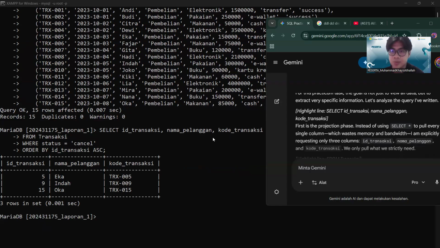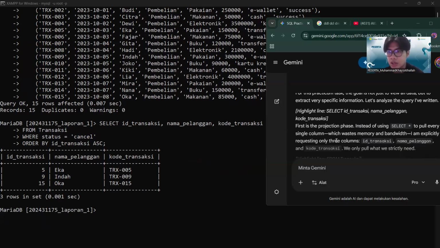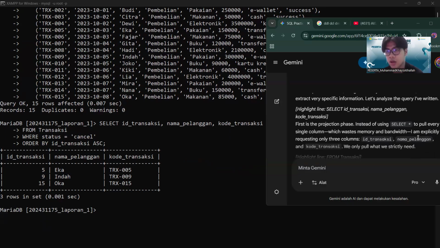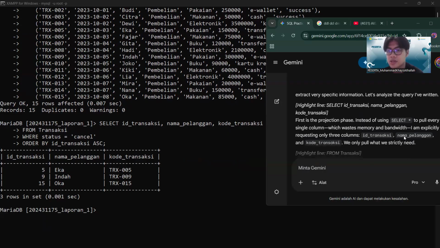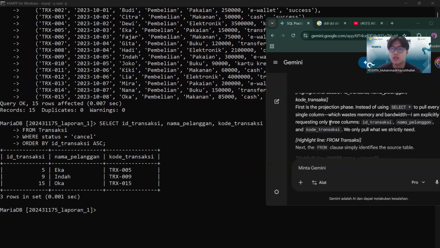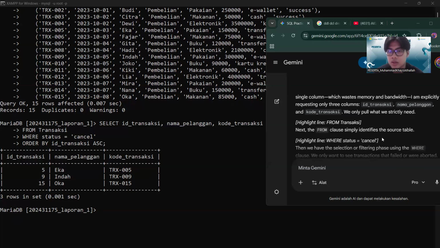First is the projection phase. Instead of using select all to pull every single column, which wastes memory and bandwidth, I'm explicitly requesting only three columns: ID transaksi, nama pelanggan, and kode transaksi. We only pull what we strictly need.